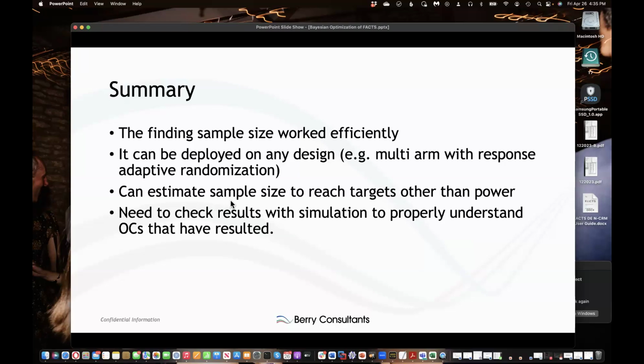We can target things other than power, such as the ability to find the correct dose. But it's always important to check the results of the apparent optimum, to properly understand the operating characteristics that resulted,